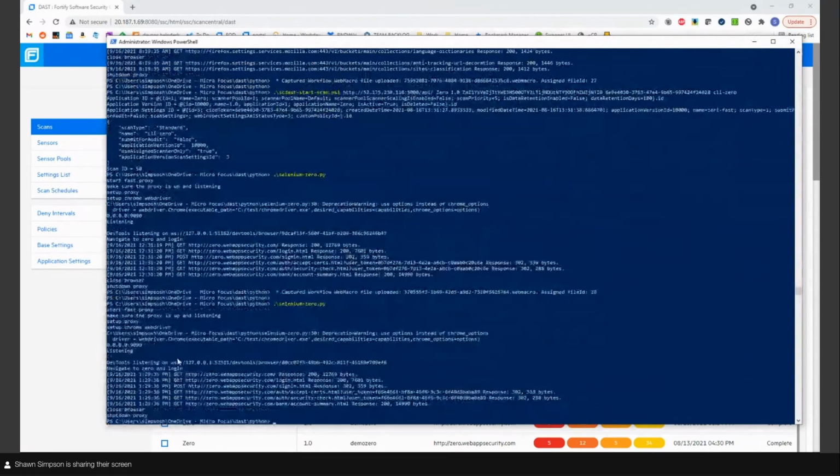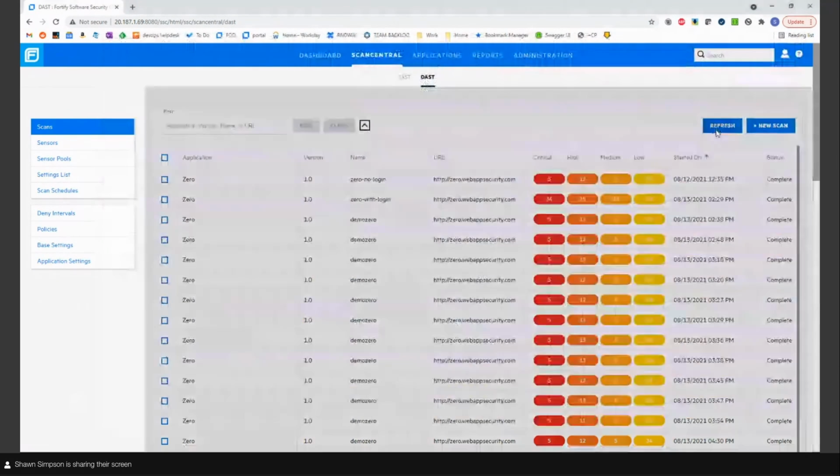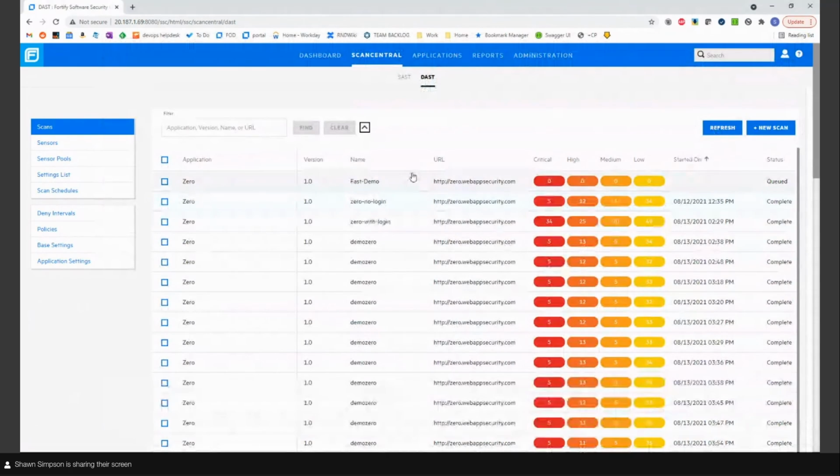What this did, it started that same fast proxy. It made sure everything was set up and listening. Then we took that same Selenium script that is actually written in Python. It ran it through the proxy, it shut everything down, and we queued up another scan. Again, something we can do in a DevOps pipeline, we can do it in a build pipeline, reuse of the things we already have in small bite-sized chunks, so that, again, the results of this, I don't give a developer,